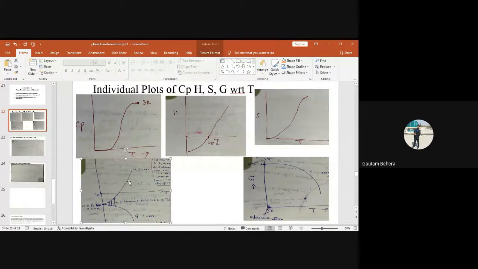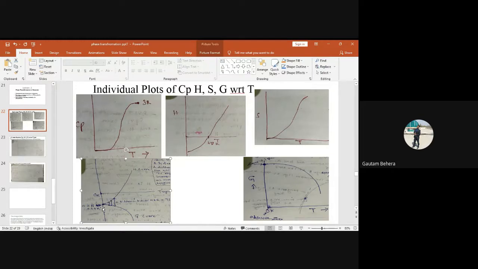So now this is a figure. This figure is showing both enthalpy and free energy with respect to temperature. See, this is 0 degrees Kelvin, right? And you are increasing the temperature. So what is happening to enthalpy? Enthalpy increases. You can see enthalpy starts from here, a negative value. It goes to 0, then again a positive value, right?